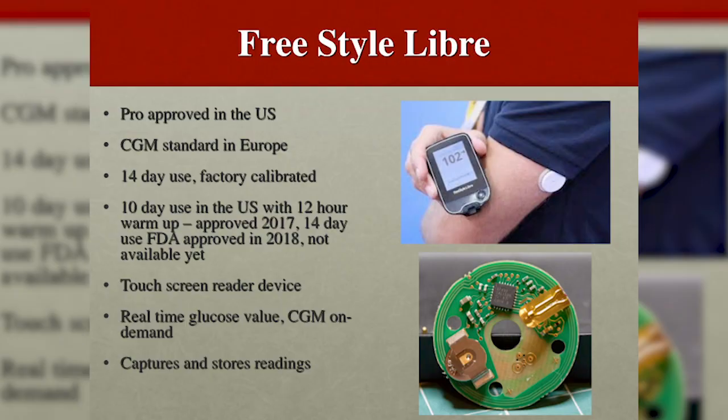If you look at some of the CGMs, the MARD is 9%. So some of them possibly could be even more accurate than some of the glucometers. This is another device that's approved in the US and Europe. It was initially approved in Europe a few years ago, approved in the US last year as a 10-day use, and approved this year as a 14-day use. The 10-day use we have been using for the past year, but the 14-day use is not available in the pharmacies yet. They're saying in the next 2 to 3 months we should be able to get those devices in the pharmacy.